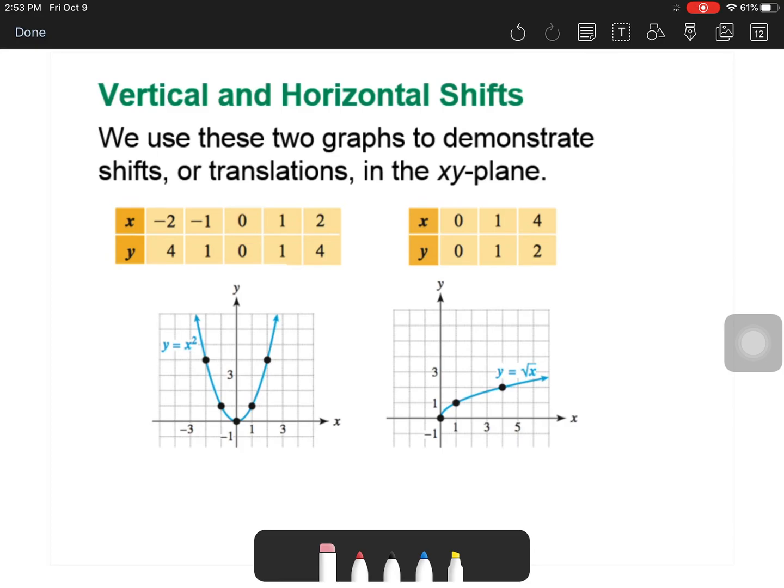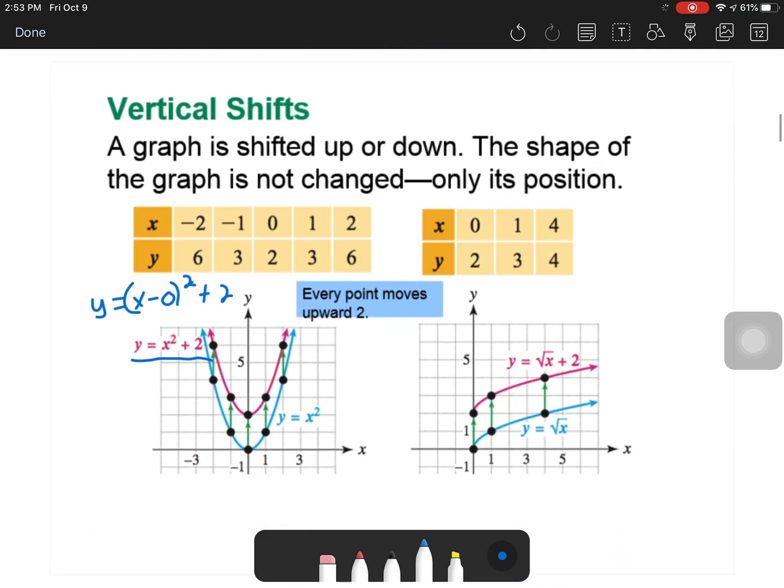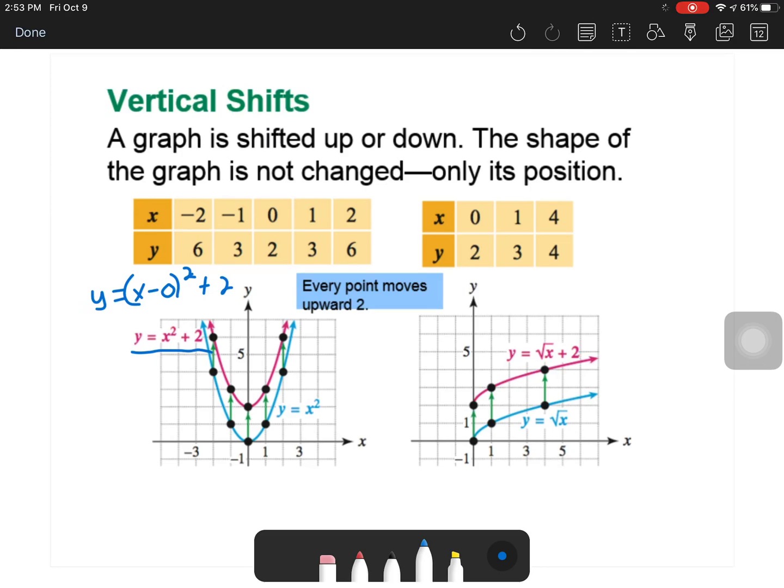Okay, so many times when we demonstrate these transformations, we'll use one of our basic parent graphs. Many times it's a parabola, but maybe we'll use a square root function, maybe an absolute value function. Those all work nicely for demonstrating these different transformations. Okay, so right away it says, for vertical shifts, I think these ones are pretty easy to recognize because what